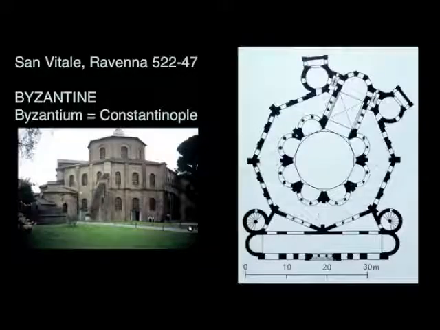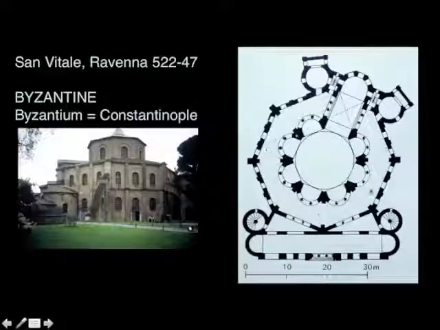Under Justinian, a number of important churches get built, and a lot of them get built in Ravenna on the Adriatic, where we saw the Galla Placidia monument. In terms of plan typology, a lot of the late Roman stuff that we looked at when we looked at Minerva Medica or St. Gereon are going on here too. That is to say, there's some notion of the centralized plan, but the centralized plan has become complex and elaborated in intricate ways. So here, when we look at San Vitale in Ravenna, we see at a big scale an elaboration